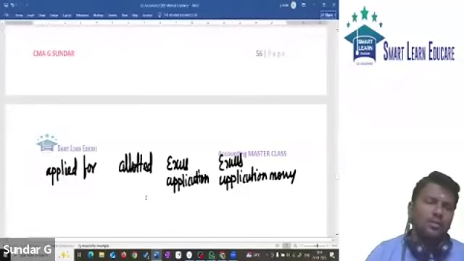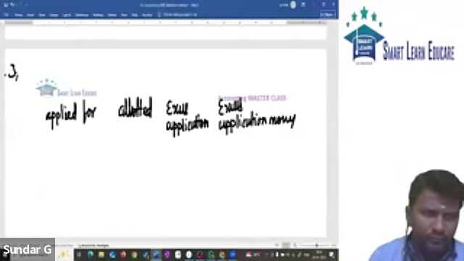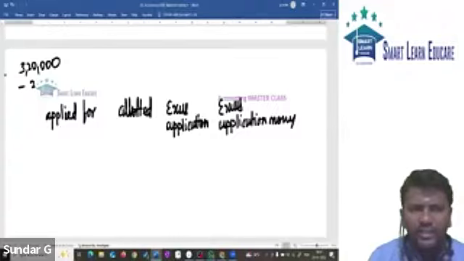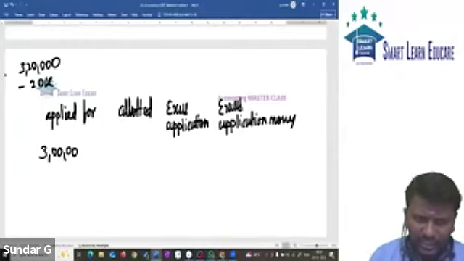Now applied for is 3,20,000, and already there is a rejection of 20,000. Meaning if you applied for 3 lakh shares,